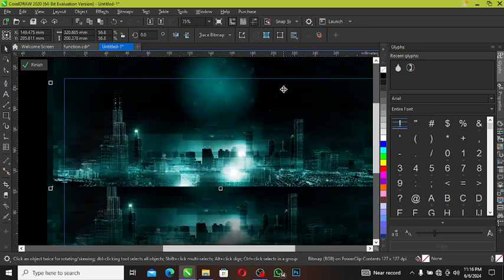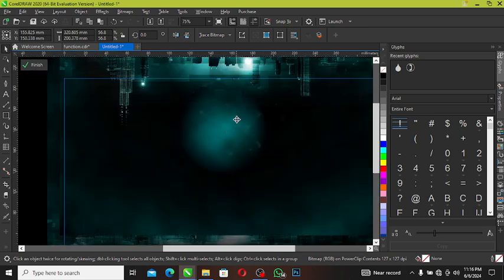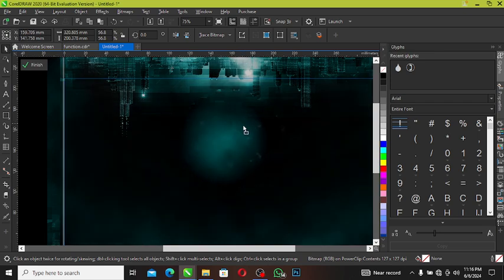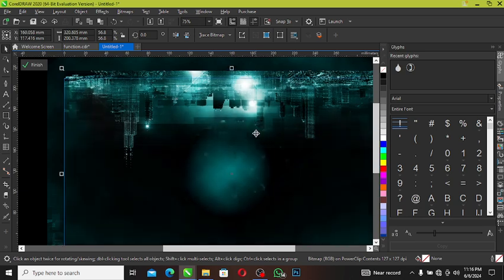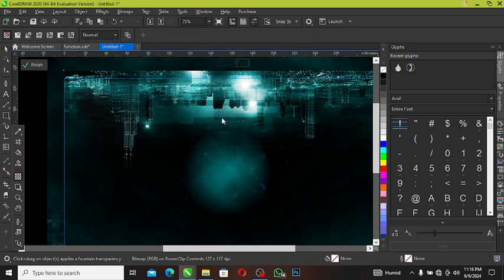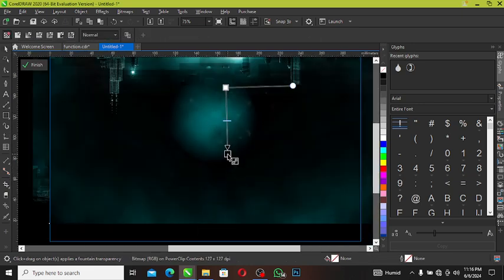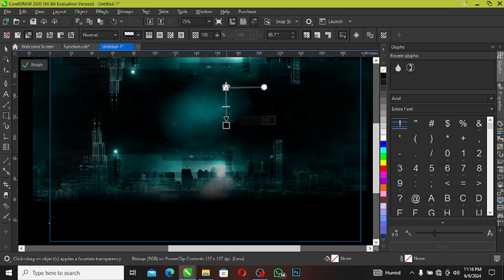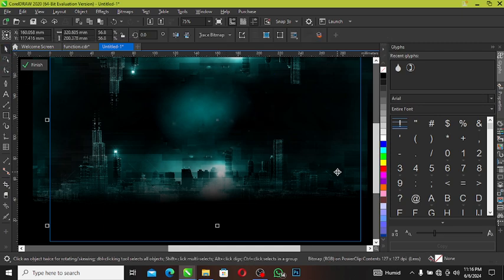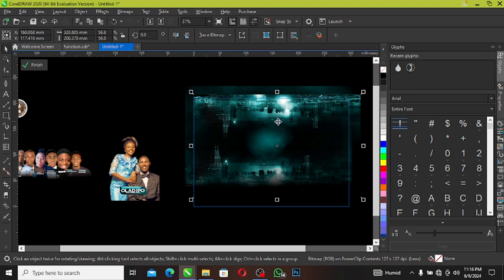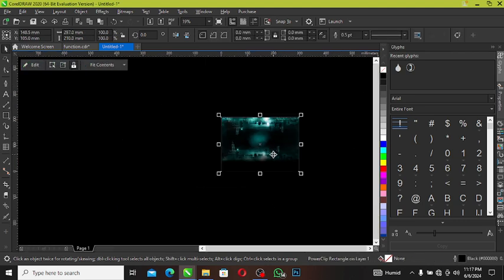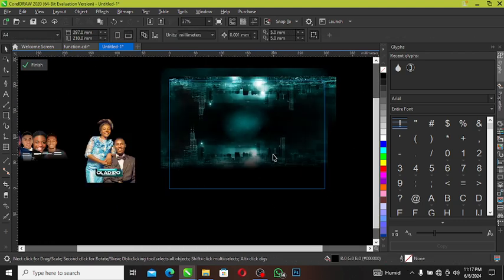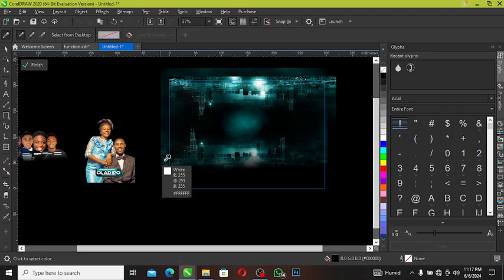Then the one I doubled, I'll bring it this way and have it appear this way. Flip it this way. Then use my transparency tool to clean it off. Clean this axis off completely. So here we have it. This is going to be the background of the day,